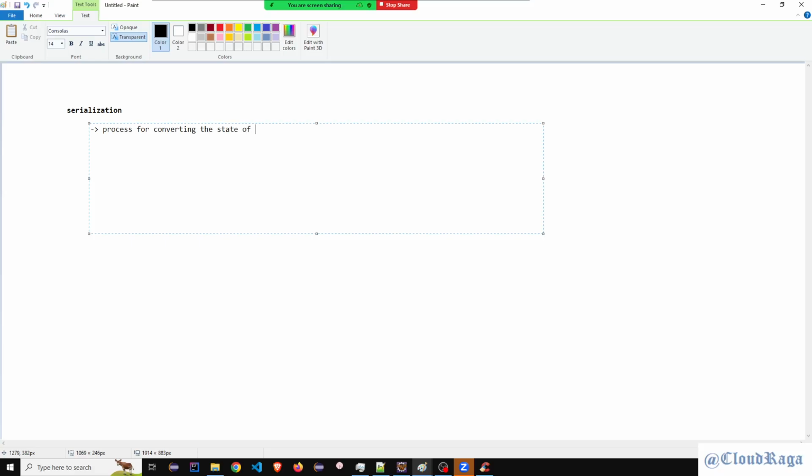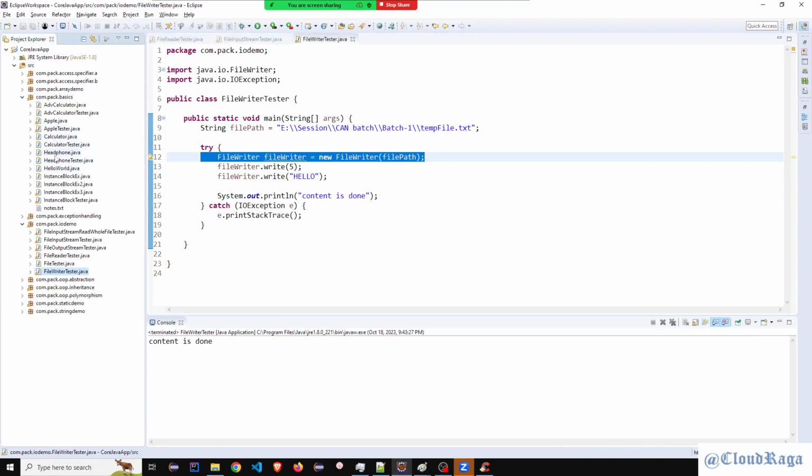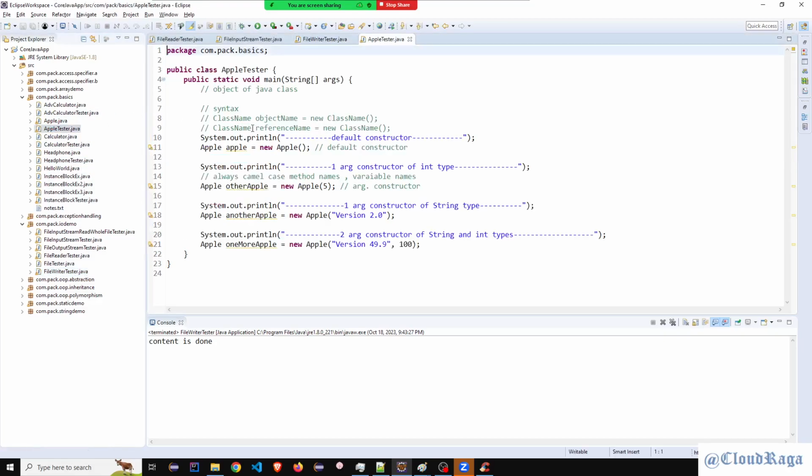process of converting the state of the Java object into streams। ठीक है, तो आपका जो जावा ऑब्जेक्ट है, गाइस लिसन केयरफुली, द जावा ऑब्जेक्ट यू आर क्रिएटिंग, समथिंग रेफरेंस इक्वल्स टू न्यू समथिंग। खैर ये तो लाइब्रेरी क्लास है। जब आप खुद का कस्टम ऑब्जेक्ट बनाओगे, जैसे हमने बहुत सारे ऑब्जेक्ट बनाए थे इनिशियली जब हम बेसिक्स टॉपिक कर रहे थे, ये वाले हेलो, कैलकुलेटर, हेडफोन, इंस्टेंस ब्लॉक, एप्पल, तो ये क्लासेस हमने बनाई थी।